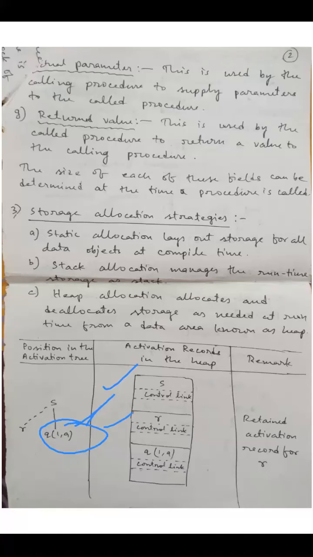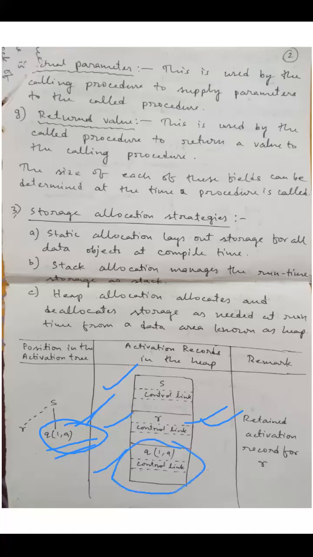After that, we'll call the Q function. What will be the limit in this case, whether it will be 1 to 9, or 1 to 10, or 1 to 50? It depends on the size of the array that is taken during the calling of R. So the execution of Q also goes under the heap, because the number of calls or the size of the quicksort function is not static, it is dynamic. So this quicksort function goes under the heap.